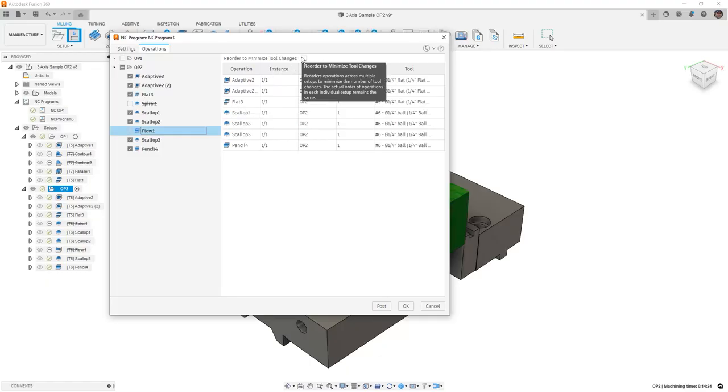Note that we do have an option to reorder to minimize tool changes. This generally applies when you're using multiple setups across multiple coordinate systems. This allows us to reorder the operations based on the tool that's currently being used. It will not reorder your operations in a single setup. However, it will allow you to move operations from multiple setups up in line to use the same tool and